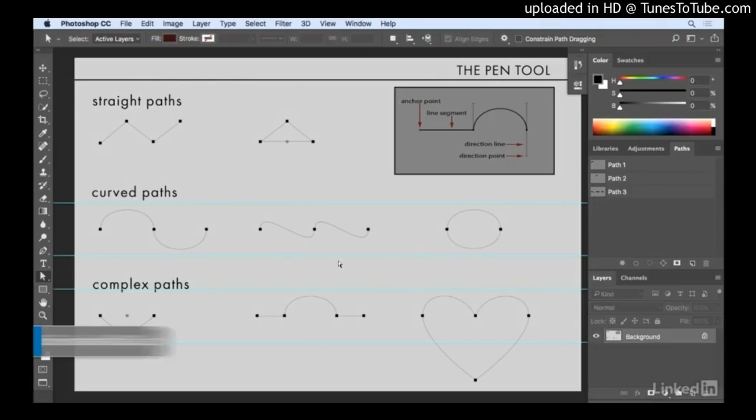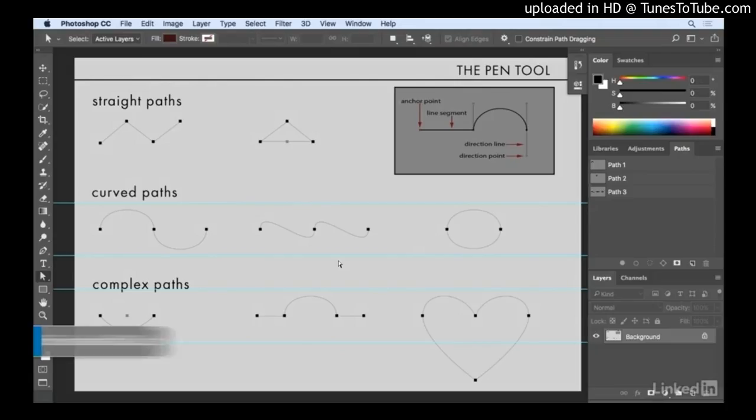But now I need to break this curve, right? If I clicked right now, I'm going to get a curve that looks like this. I'm going to undo that, and instead, I'm going to hold down the Option key. You can see I get the little convert point icon there at the base of my pen tool, and I'm going to click once, and that bottom direction line goes away so that now I can finish this line by just clicking on that last anchor point. Excellent. I'll hold down the Command key and click away in order to end that path. And then I'll use the space bar to reposition the image, and we'll draw this last path of the heart.